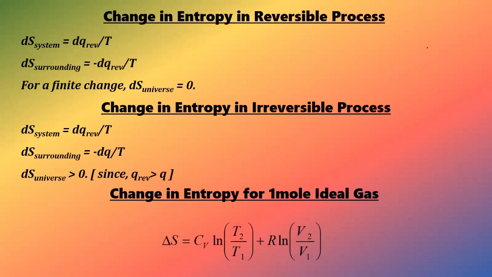Okay. After that, we have seen what the Clausius inequality is, and finally, in this particular slide, we are seeing change in entropy in reversible process, irreversible process, and for 1 mole of an ideal gas. But tell me one thing, just for common knowledge: suppose we have two systems, both having 1000 atoms, right? Now in one system entropy is increasing, in the other system entropy is decreasing. So which one of the systems will be favorable? Entropy increase or entropy decrease? Which one will be favorable?